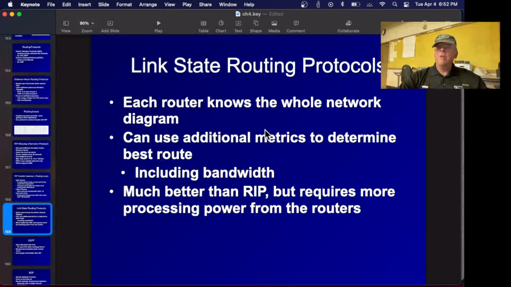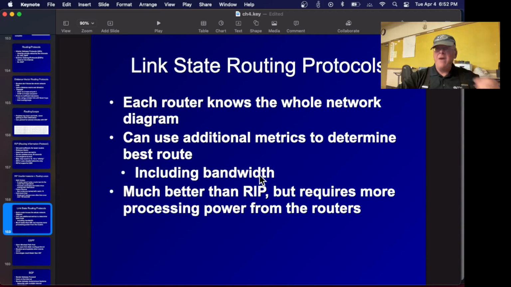So a better solution, and pretty much the only one people use now, is link state routing protocols, where you have more powerful routers with more memory and a more powerful processor, so they can actually have the whole network diagram in RAM. And now they don't have to have some very simple idea of how many hops out different directions things are. They just know all the links, and now they can choose an intelligent route.